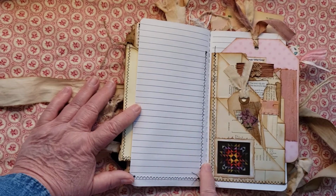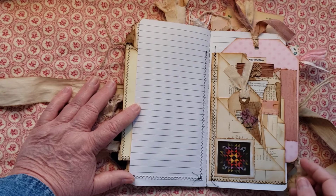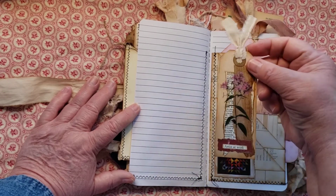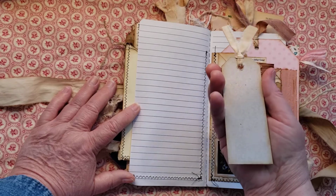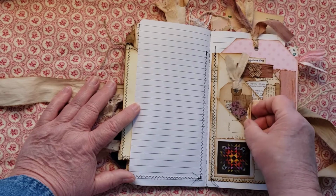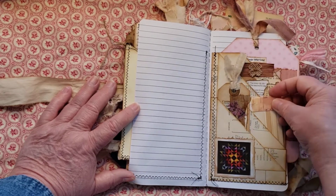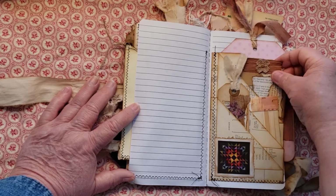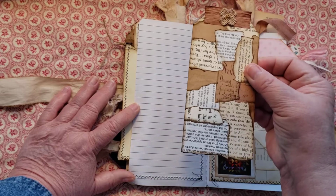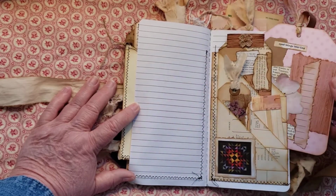And then same thing that she did here. She made this as a separate piece and then attached it to the page. Don't you love that? That's so beautiful. And another little scrappy thing, which is awesome. I will definitely use those. And a collage tag. And a big...